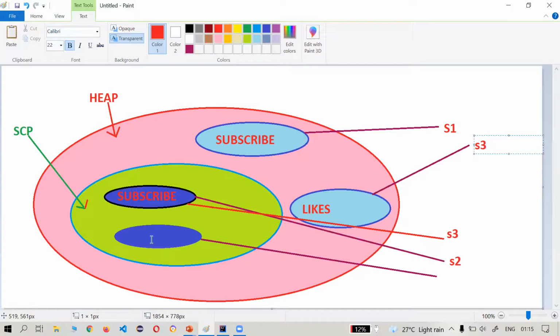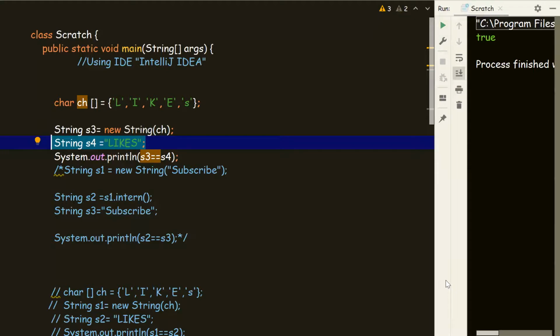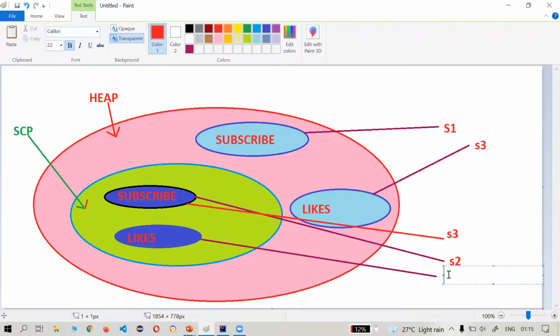So let's make that "likes" like that, and s4. For now, forget this one.